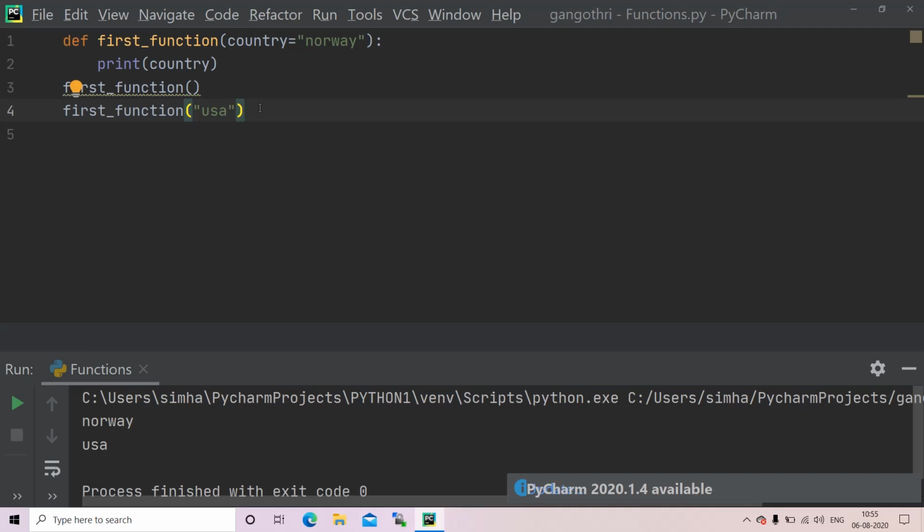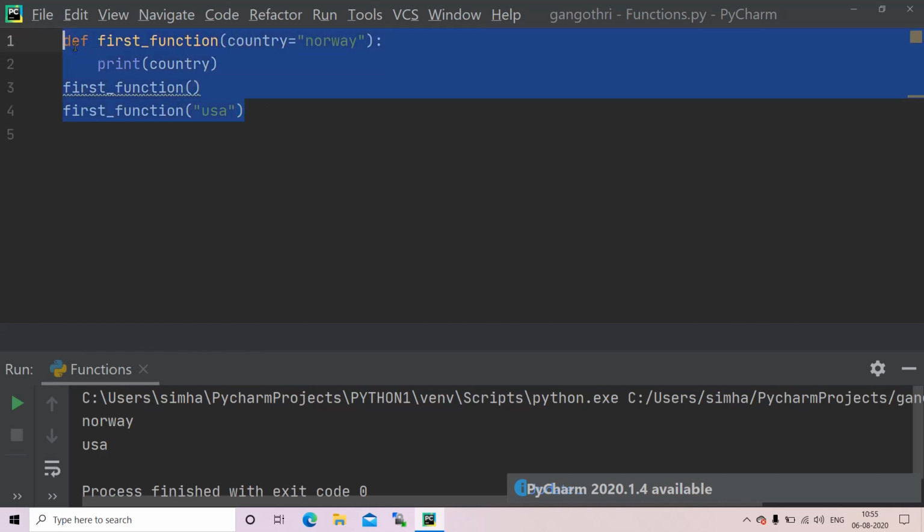We have 5 types of arguments. Required or positional arguments, arbitrary arguments, keyword arguments, arbitrary keyword arguments, and finally default arguments. Okay, tomorrow we shall talk about return statement, pass statement, and also recursive and lambda functions.